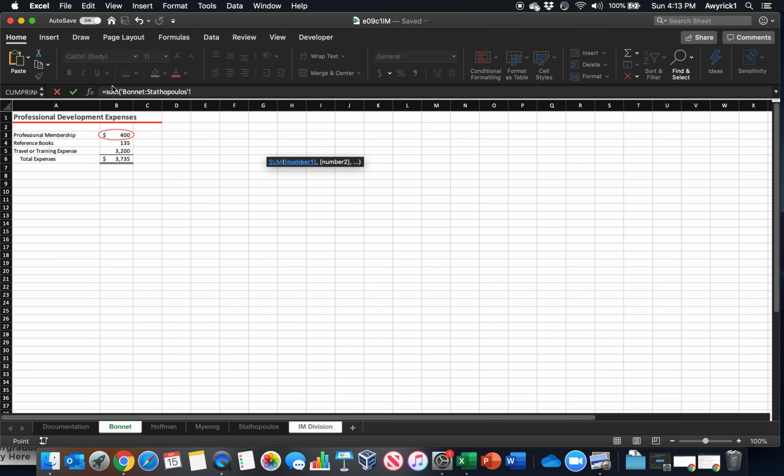Then you'll notice up here in my formula bar, I get sum, and then I get Bonnet, colon, Stathopoulos, right? And I have quotation marks around the end, an exclamation point. This tells me the range of sheets. You'll remember if we're doing a sum for A1 to A3, it's A1 colon A3. Here it is just a range of sheets, and we know it's sheet names by the exclamation point in the